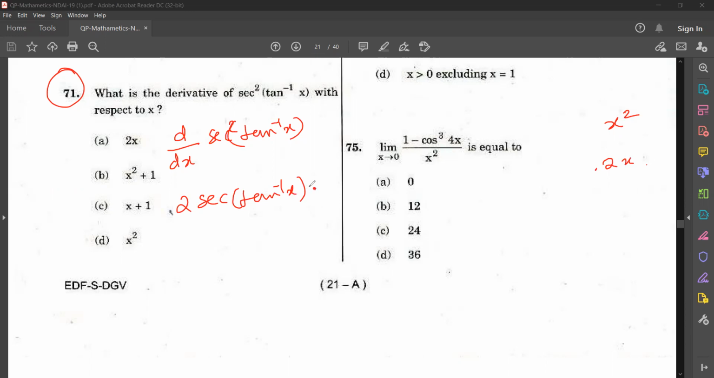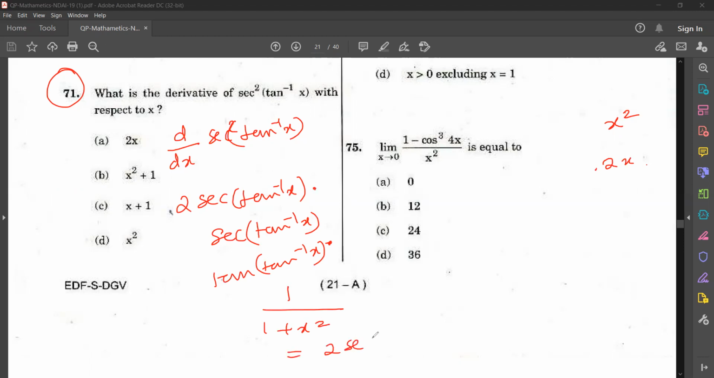You have to take the derivative of sec x. What is the derivative of sec x? The derivative of sec x is sec x tan x, isn't it? So sec tan inverse x tan inverse x into, you have to take the derivative of tan inverse x. What is the derivative of tan inverse x? 1 by 1 plus x square. So what you will get